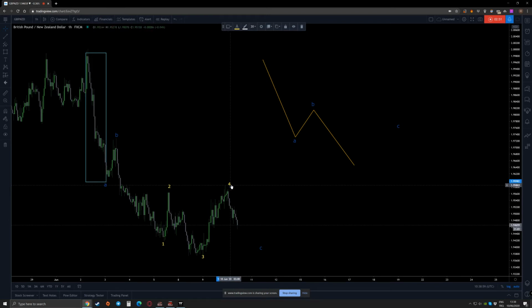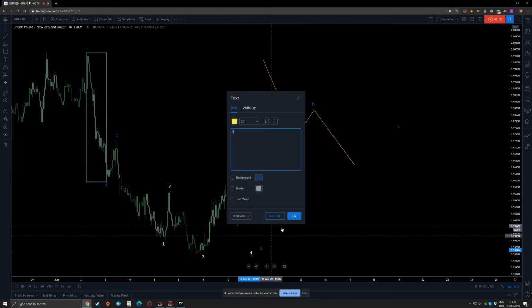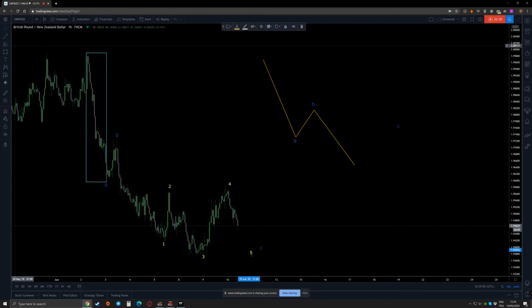Let's say that's done here, and we will have a wave 5. So this should look something like this, because the 2 to 4 trend line has to be clean. It looks like we are in a fifth wave now,